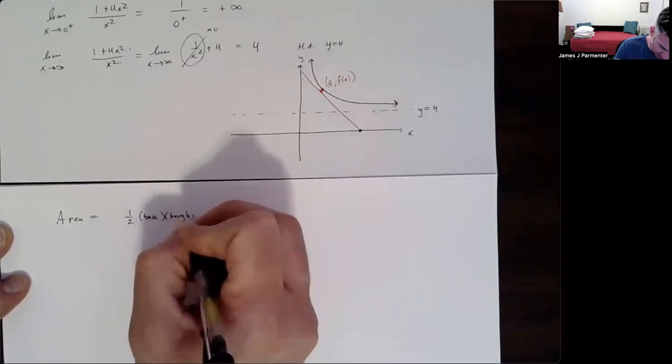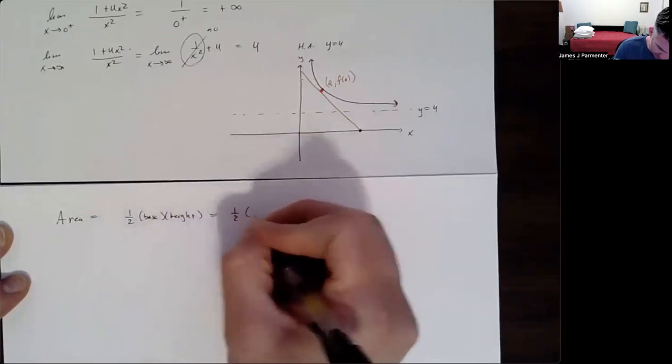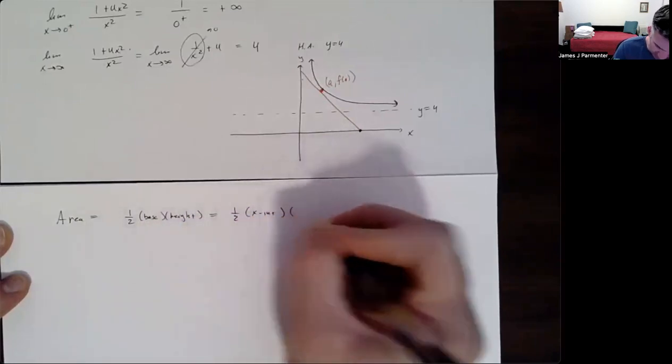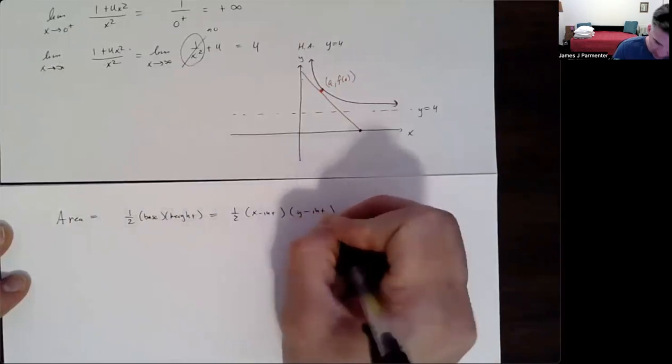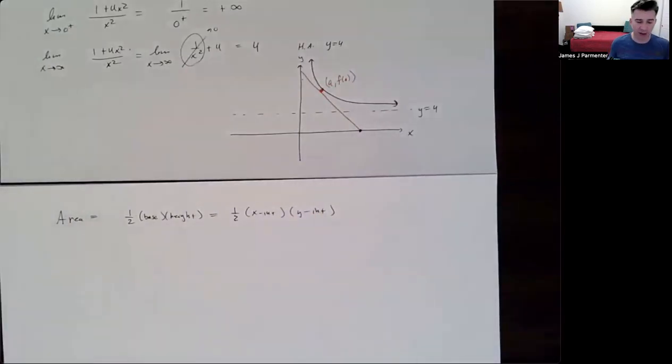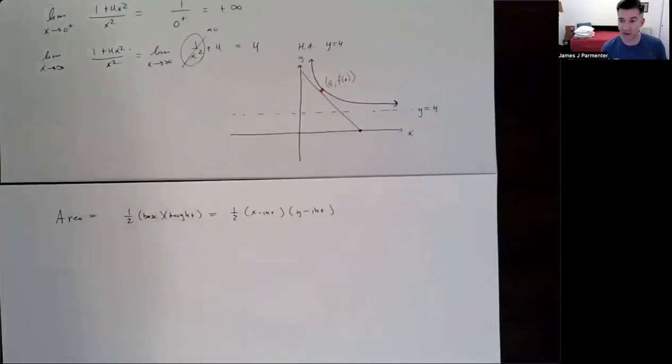And literally the base is just the x-intercept. The height is just the y-intercept. So yeah, finding the equation, it's a sneaky problem. It's asking you to find the equation of the tangent line without asking to find the equation of the tangent line. So let's find the equation of the tangent line, and then we will find the x-intercept and the y-intercept